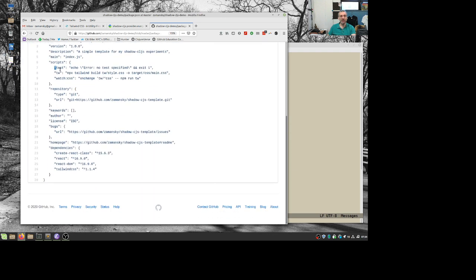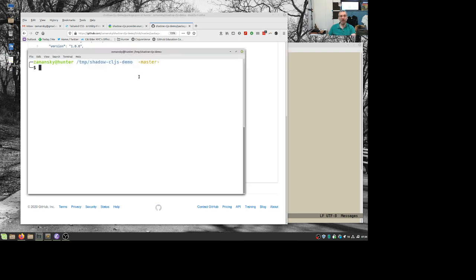So I'll talk about this. This was in the sample that I copied over. I'm using Tailwind for my CSS, and for Tailwind you have to build your CSS each time. So this command, npx, which is installed with npm, tailwind build, where my source is and where my target is. So if I look at